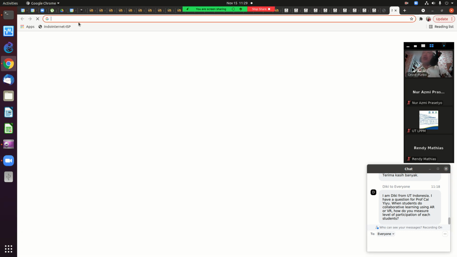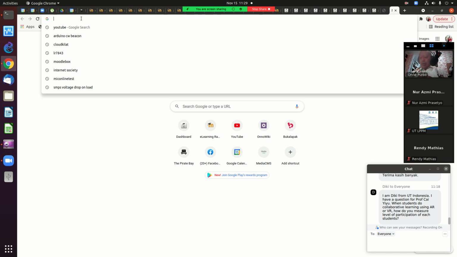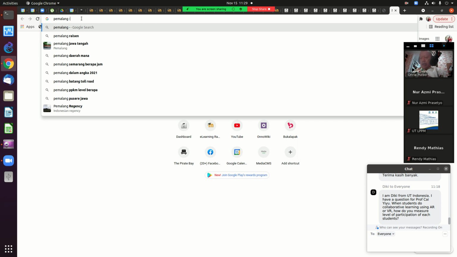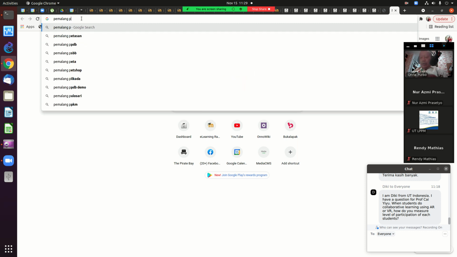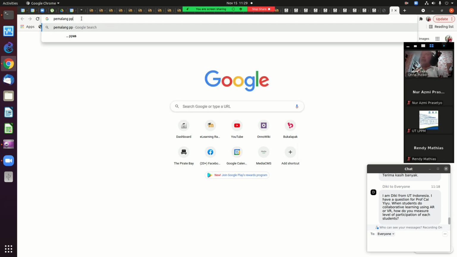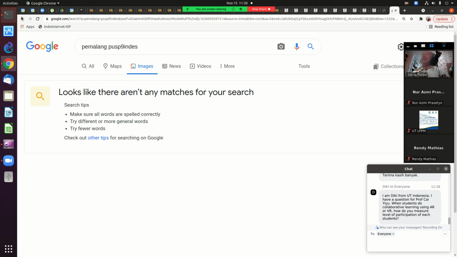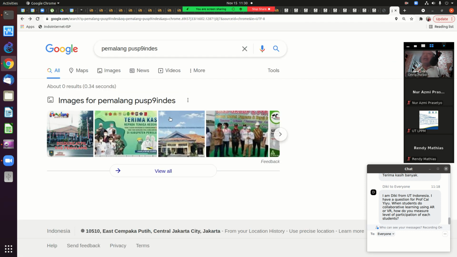There's a strong group actually in the Pemalang area, Puspindes. They are connecting many villages. Okay, there is no image, this is the only image. There are many villages in the Pemalang area connected by Puspindes.